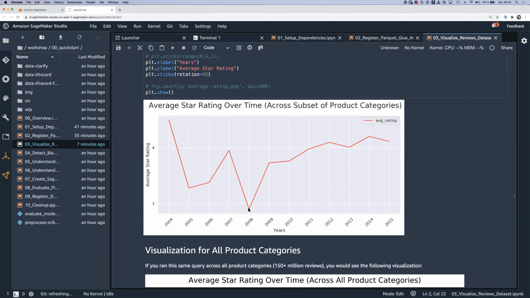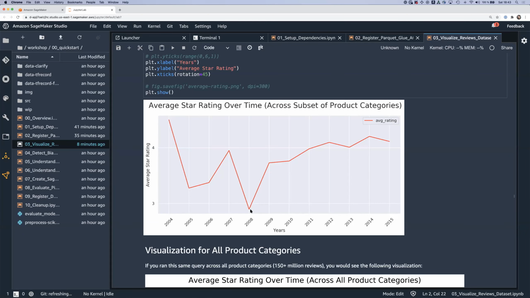And we can see in 2008 there has been a drop, pretty low here, under 3 on average. This is really coming more from the business perspective. So you probably want to analyze if it's a global trend across more categories, or if maybe one product category was the culprit. And then you definitely also want to see, if you're the product owner, for example, what's behind